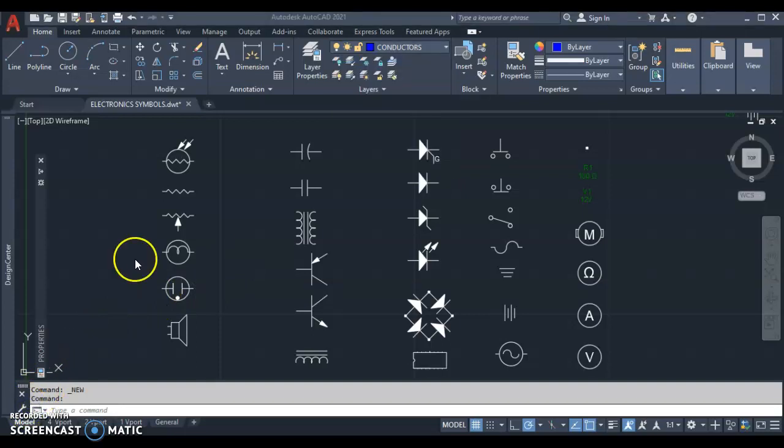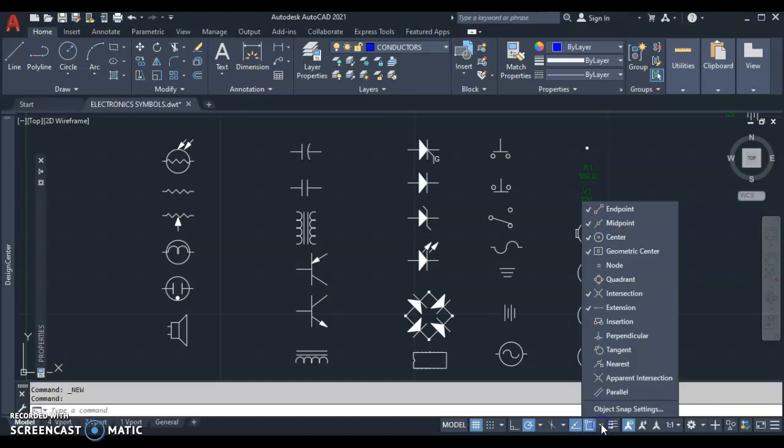Now, as a reminder, before you use this template file and before you start creating your schematics, please review Mr. Lecharwitz's Getting Started with AutoCAD tutorials. He will go over each of the drawing tools, modifying tools, the annotation tools, the layers. We'll also talk about some of the key settings down here on the bottom about your object snaps. I am going to mention to you right now about object snap. Make sure you have your geometric center and your midpoint on, as you'll find those quite handy when you're building